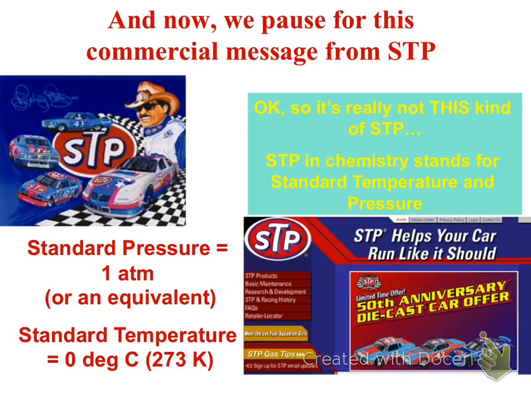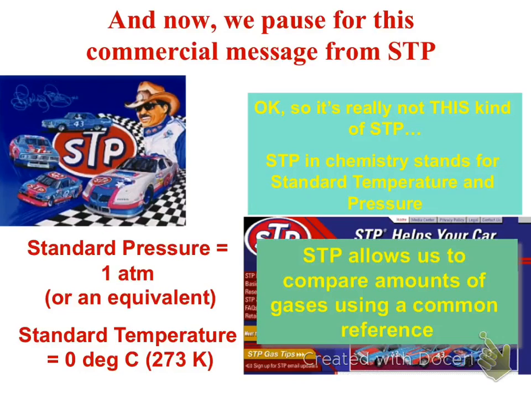What that means is standard pressure is 1 atmosphere, or an equivalent to 1 atmosphere. So 101 kilopascals, 760 millimeters of mercury. So standard pressure is 1 atmosphere. Standard temperature is 0 degrees Celsius, or what you'll probably work more with, 273 Kelvin. You've got to really go way back in the Wayback Machine. Remember that these two are equal to each other, 0 degrees Celsius and 273 Kelvin. So if I had 7 degrees Celsius, how many Kelvin would that be? 280, yeah, good.